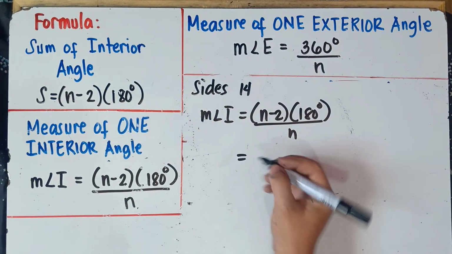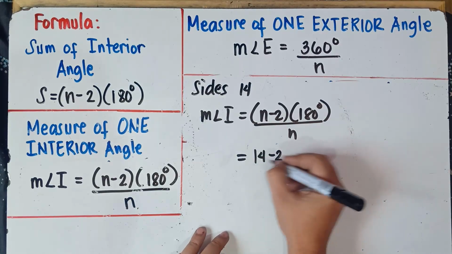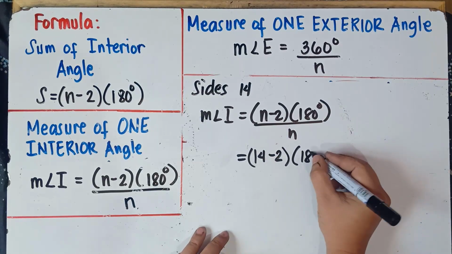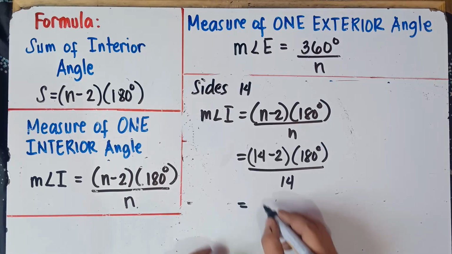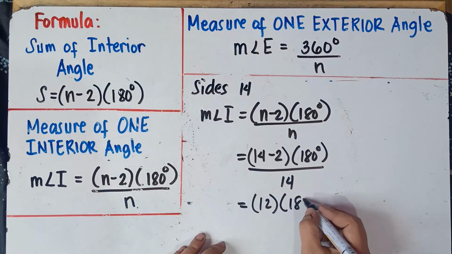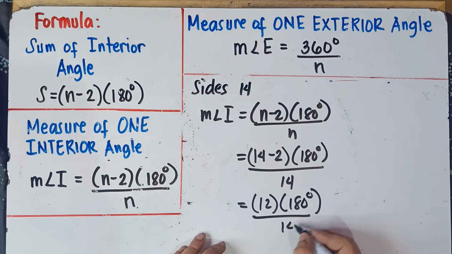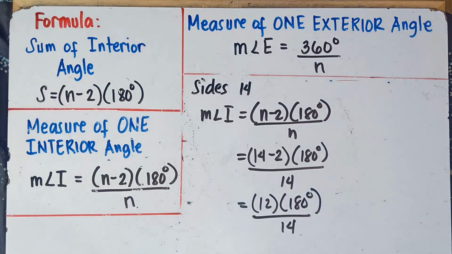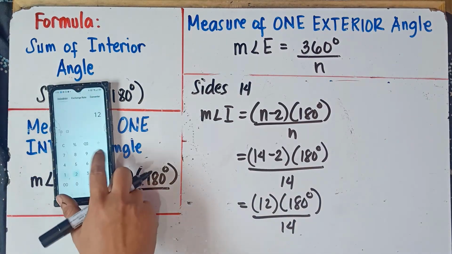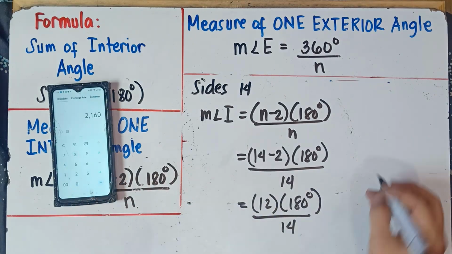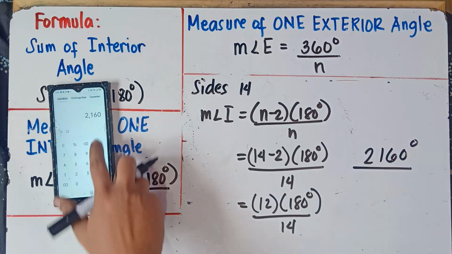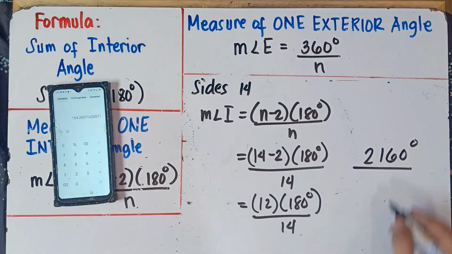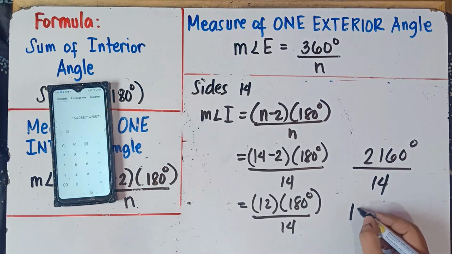But let's just explain this one, class. n is 14. 14 minus 2 times 180 degrees, divided by 14. So 14 minus 2, that would be 12 times 180 degrees, divided by 14. Alright, so simply use your calculator. 12 times 180, that would be 2,160 degrees. Do not forget degrees. Divide by 14. The answer, class, that would be